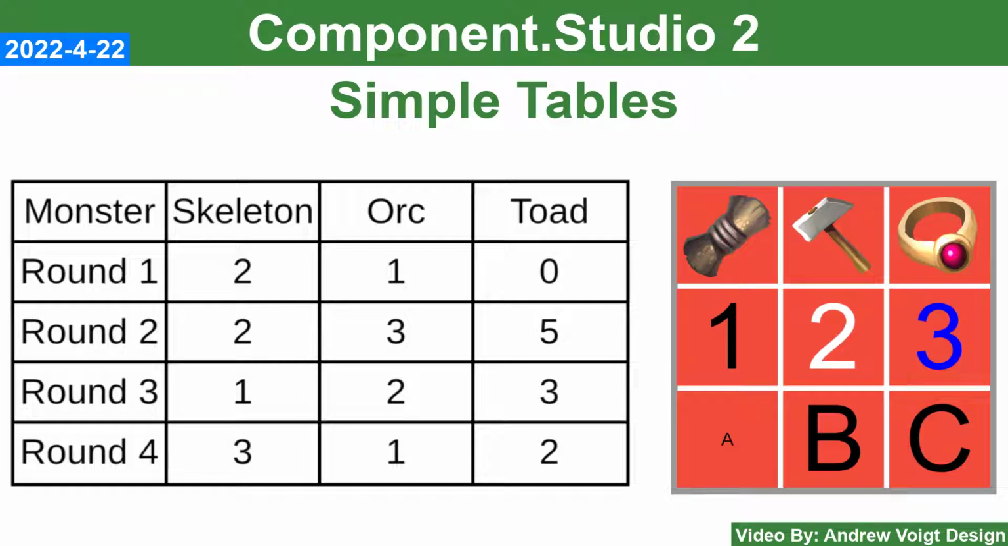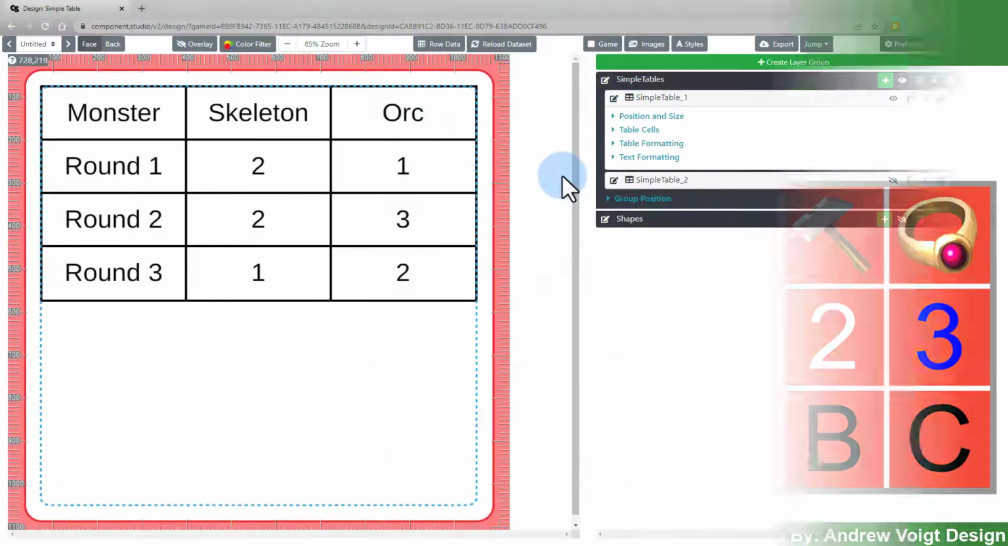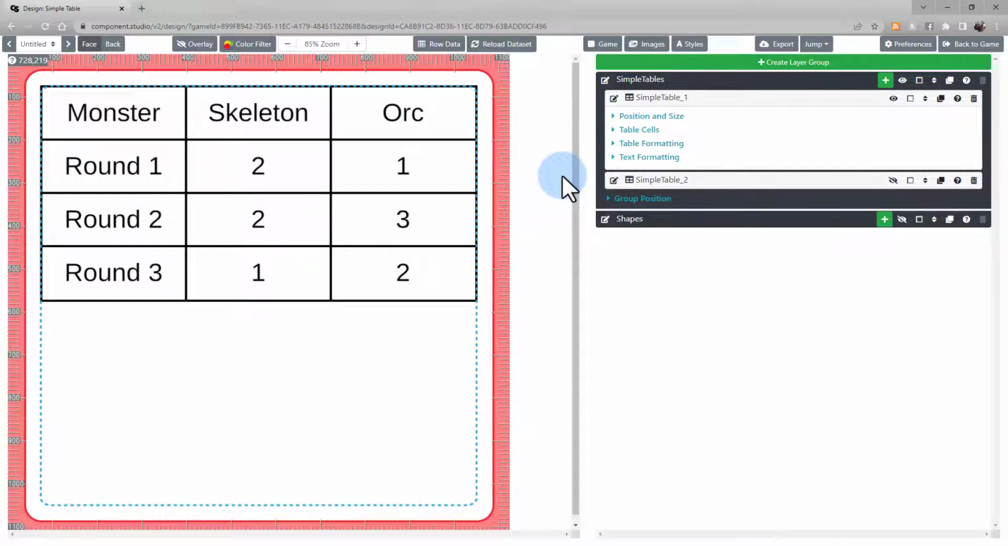Simple tables are a great way to compile and organize your data. They let you create a grid in which you can edit each section individually. This is great for any chart you might have. Like in this example, it's a chart showing which monsters spawn each round. You can keep them simple like this,